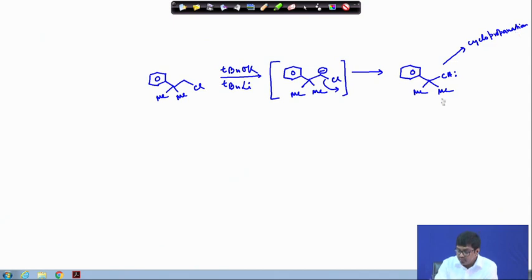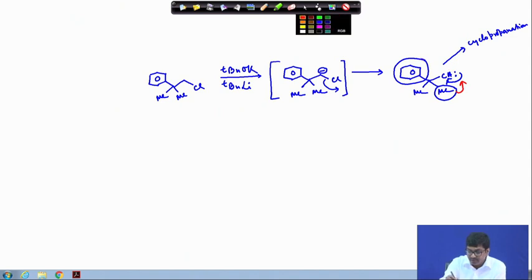Or there are two possibilities for rearrangement. One is that this methyl can migrate, and the other is that this phenyl group can migrate, to give the rearranged product. So, what will it form? Once this comes, either this one can migrate, or if this one migrates, then another product will form. So, if this phenyl migrates, then the product will be